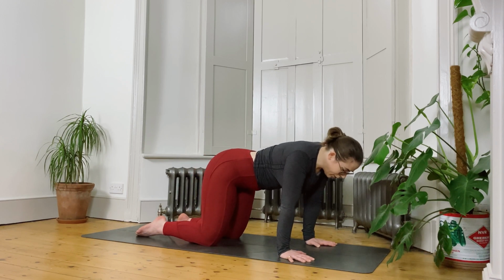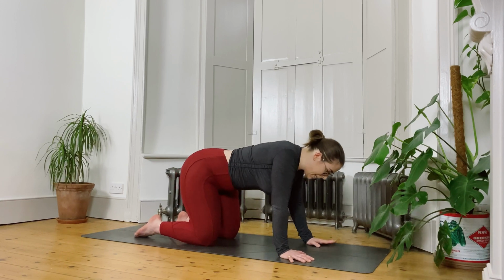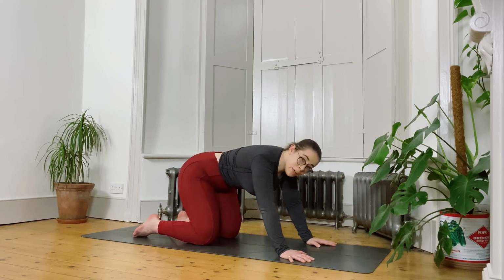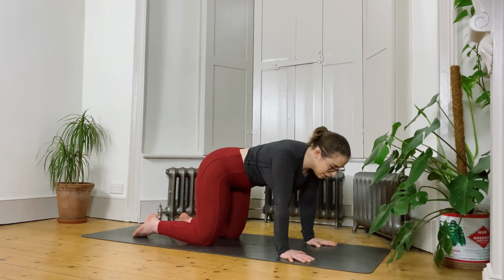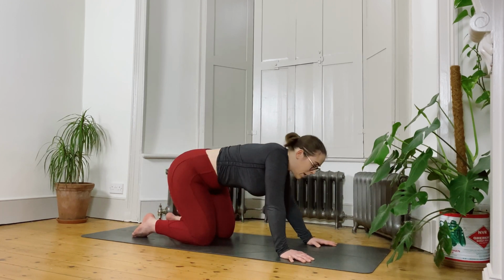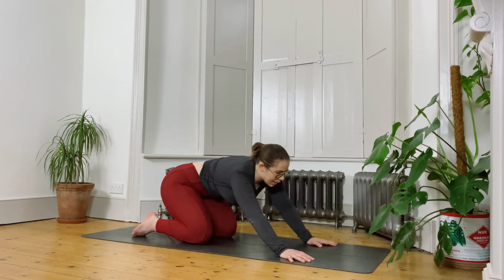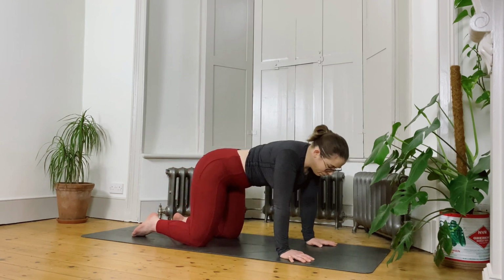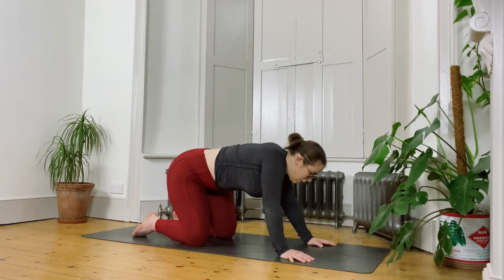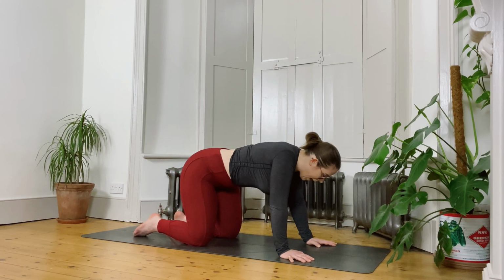Slowly start to circle the shoulders on top of the wrists, the hips on top of the knees, staying with one direction as you gradually start to make those circles a little bit bigger, a little bit wider over time. Making the elbows soft so that you can really allow the movement to become fluid. And when you're ready, we'll slow it down until we find our way back into center, and then we can